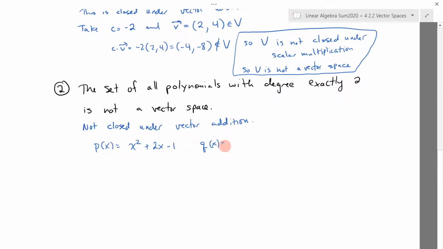Say q of x is minus x squared minus x plus 3 or something. Then both p and q have degree 2, but